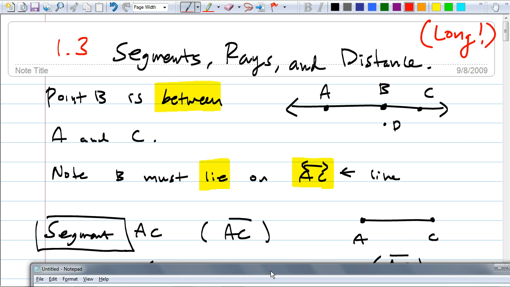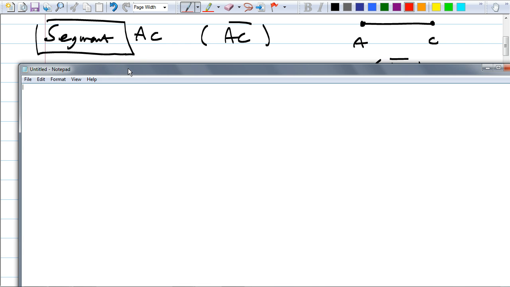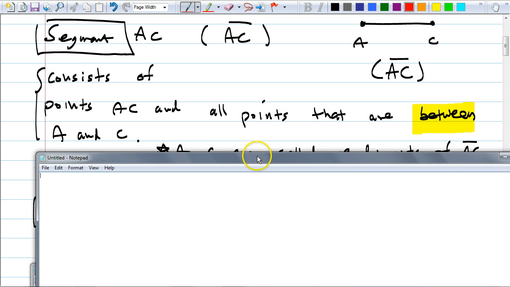Okay, let me move it up for you. Here is a picture of segment AC right here, and note this is how we write segment AC, with AC and the segment bar on top. Just like how we had the little symbol of a line on top of the two letters, for segments we have the segment bar up here. And I'm going to tell you what a segment AC is. It consists of